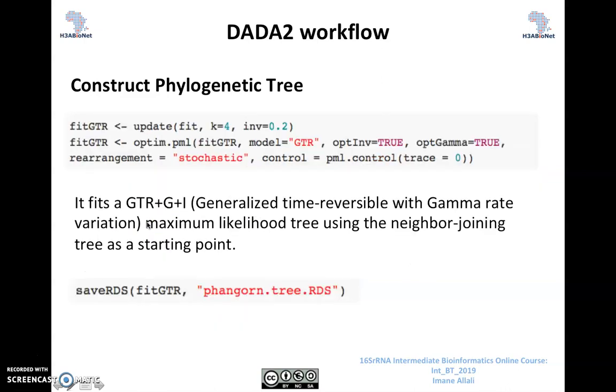This command fits a generalized time reversible with gamma rate variation maximum likelihood tree, using the neighbor-joining tree that was created using the previous commands in the previous slide as a starting point. And the last command is to save your phylogenetic tree in RDS format for downstream analysis. Let's move to the last video.